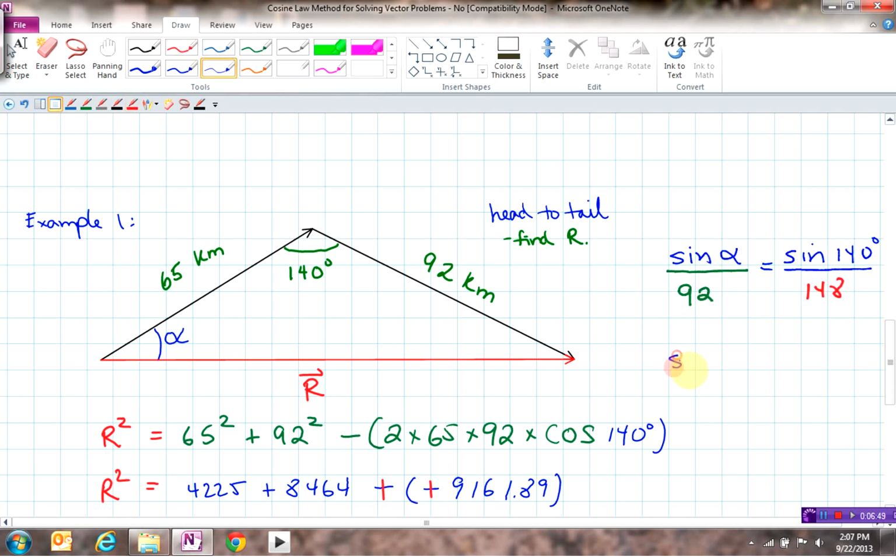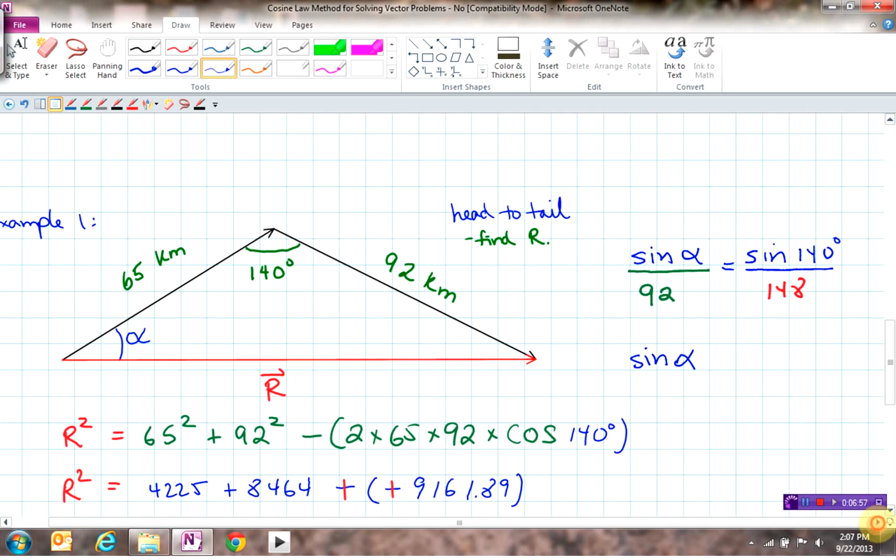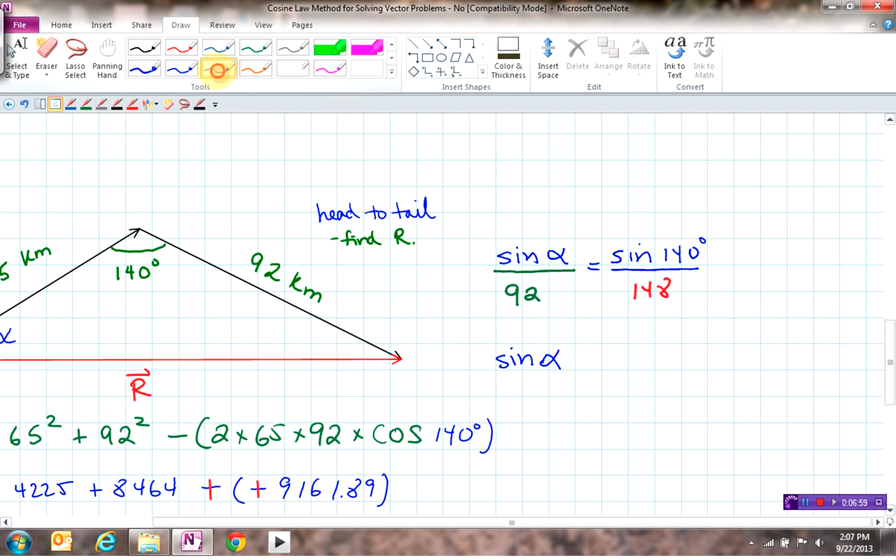So if I then go sine alpha, over a little bit, sine alpha will equal, bring the 92 up, 92, and you're going to multiply that by sine 140, and then you're going to divide that by 148. Now if I do my arithmetic correctly, sine alpha comes out to be